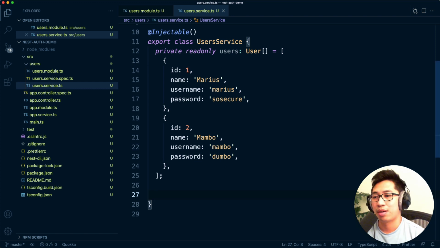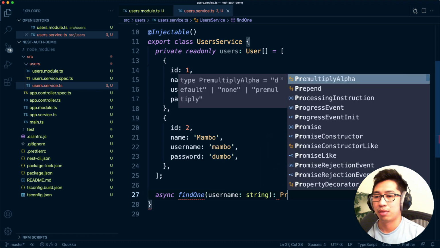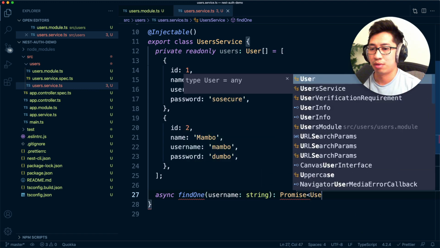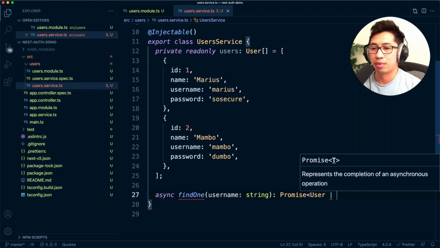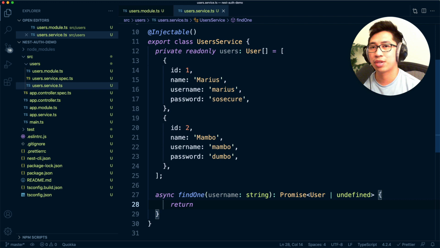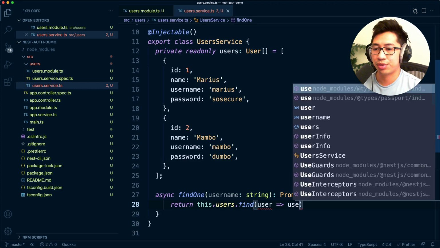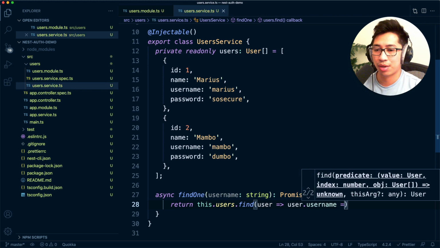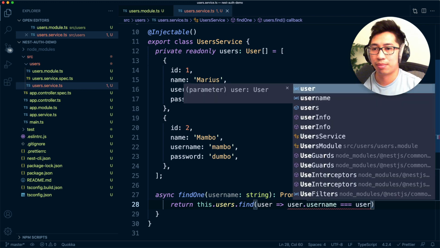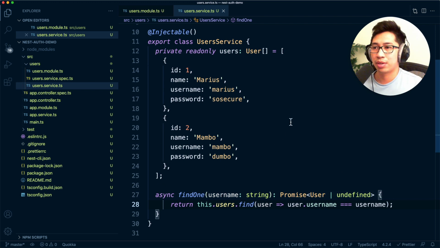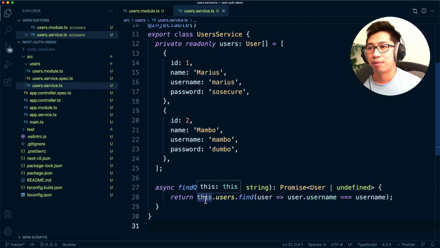All right, with that out of the way, I'm just going to add a basic findOne method here, which allows us to find a user by their username. This should return a user or undefined if not found. Since we just have a pretty basic in-memory array here, we're just going to do this.users.find, and for each user we're just going to check if the username matches the given username. All right, so pretty basic. Got a user service, we got some mock users, and we just have a method for finding a user by